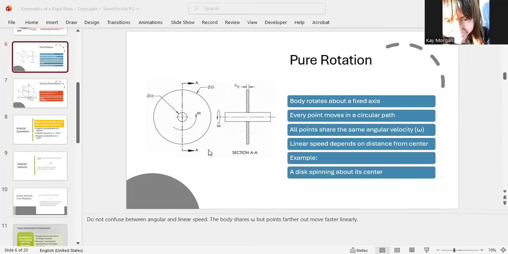So anyway, every point on the body moves in a circular path centered on the axis. Very hard tests in different universities, of course, don't show only one circular path. You have one, two, three, all the way down. So if I draw a little circle of a different size, you don't freak out. That's a part of that rotation anyway. Okay, so a very important idea here is that all points on the body share the same angular velocity.